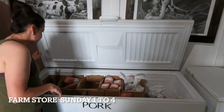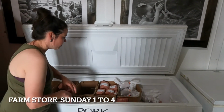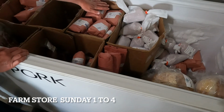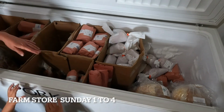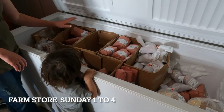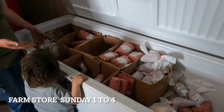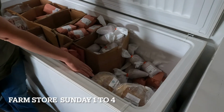So we've got like endless amounts of cuts in here. We do a lot of smoked products. So we've got our breakfast sausages. We have a breakfast sausage, like ground, in here, and then these ones are all pork chops. So we have bone-in chops, boneless chops, bratwurst, Polish sausages, roasts, pork steaks, ground, side pork, bacon, smoked hocks, uncured hocks. Then we also have some sourdough products in here as well that are